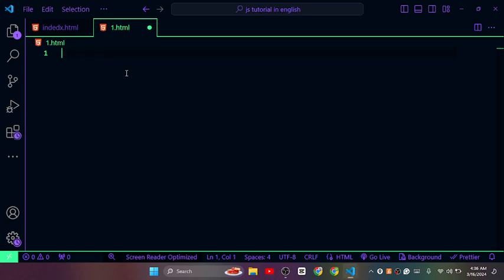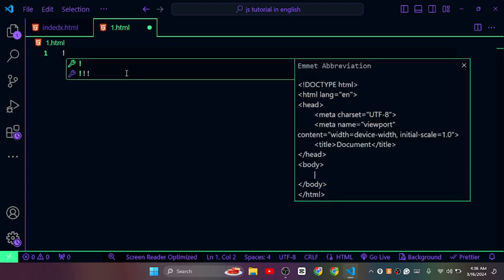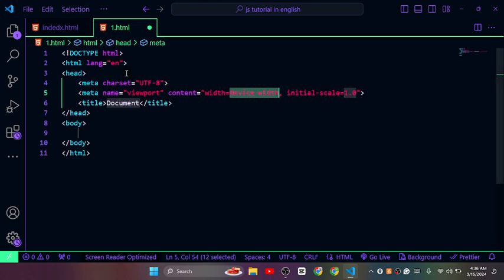Boolean is written as bool, the short form of boolean. What is bool used for? Bool is used for yes, no, the opposite, for example true and false. So that I will write here